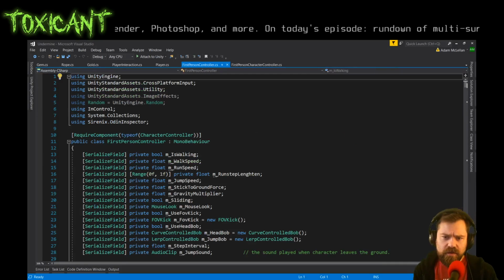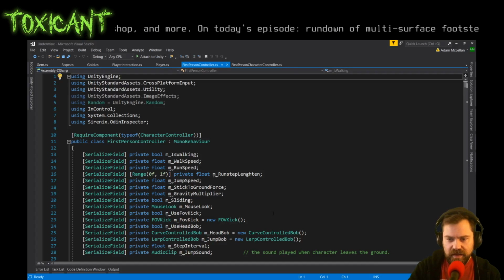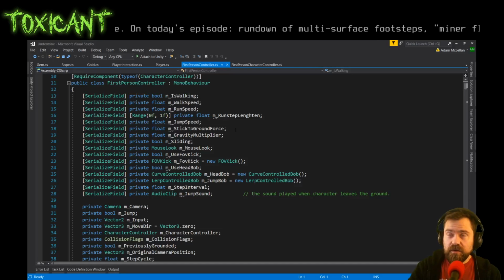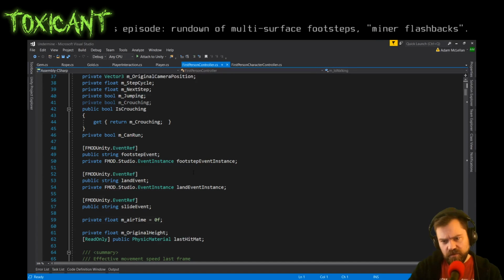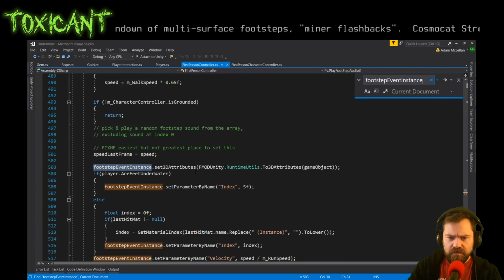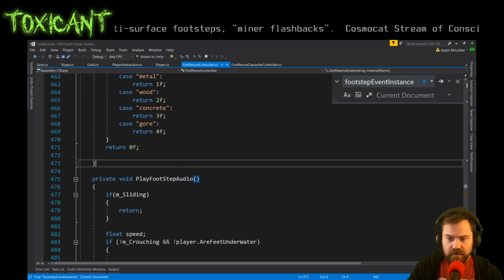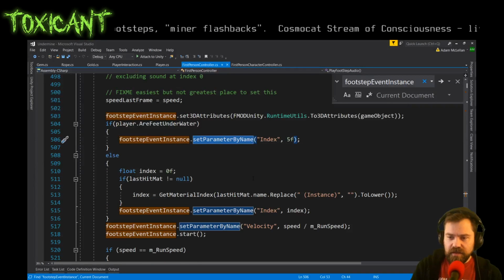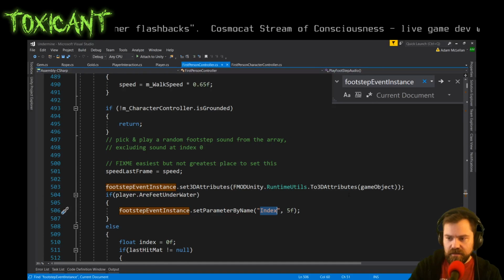And so what I've done for my controller, it's a modified version of the Unity first-person controller that I've been making my own, adding stuff like crouching and running. There's some climbing stuff in here. All the audio is now converted to use FMOD events. And so basically when I trigger the footstep in play footstep audio, so this was just a core method that was in the base first-person controller. But now I'll set the index parameter based on